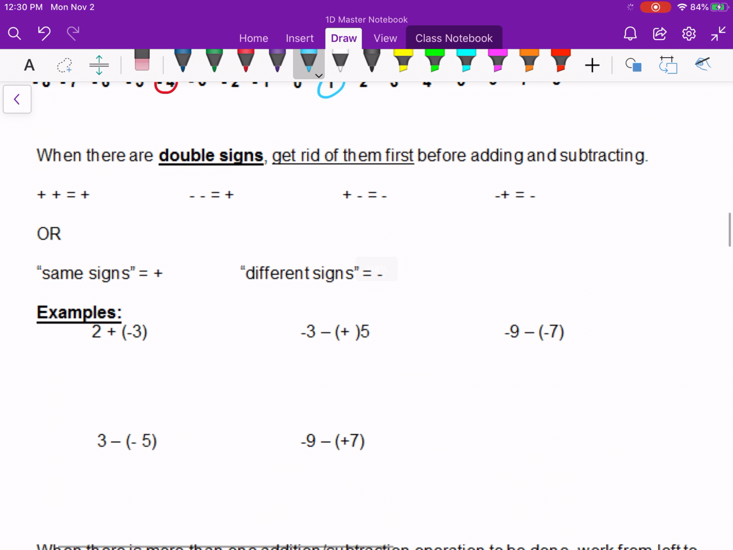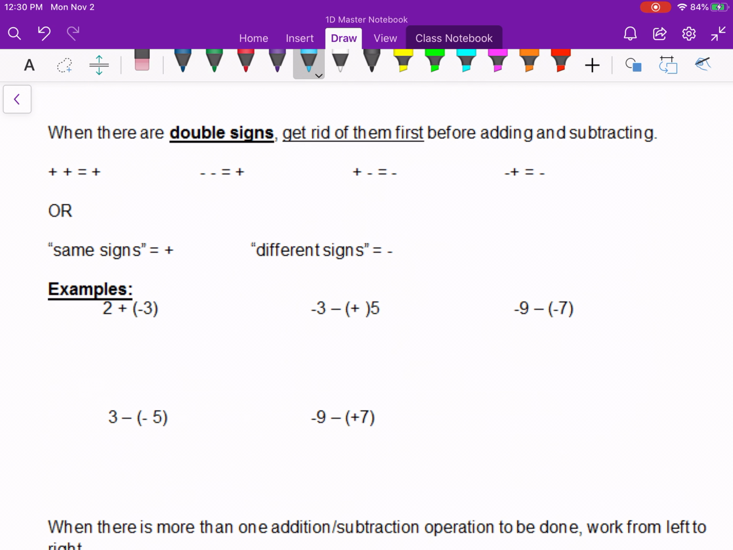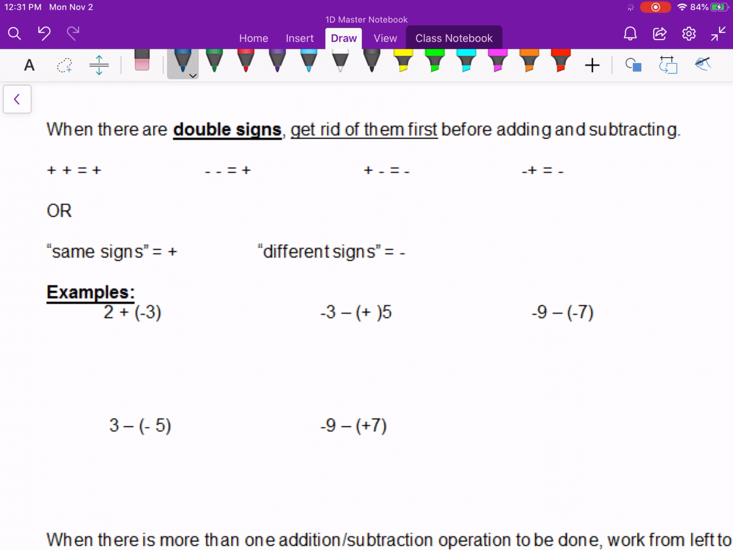Another thing that causes people problems sometimes is combining signs. That's what I call it, combining signs. So double signs, sometimes we'll see them side by side, but sometimes, if we're multiplying or dividing, we won't see them side by side. So when you hear me talk about combining signs, put that in a nice pink color,